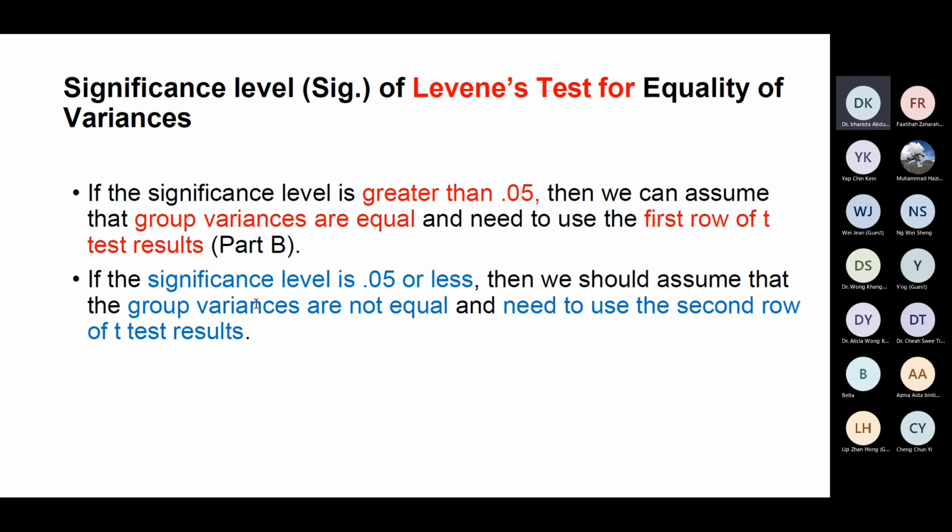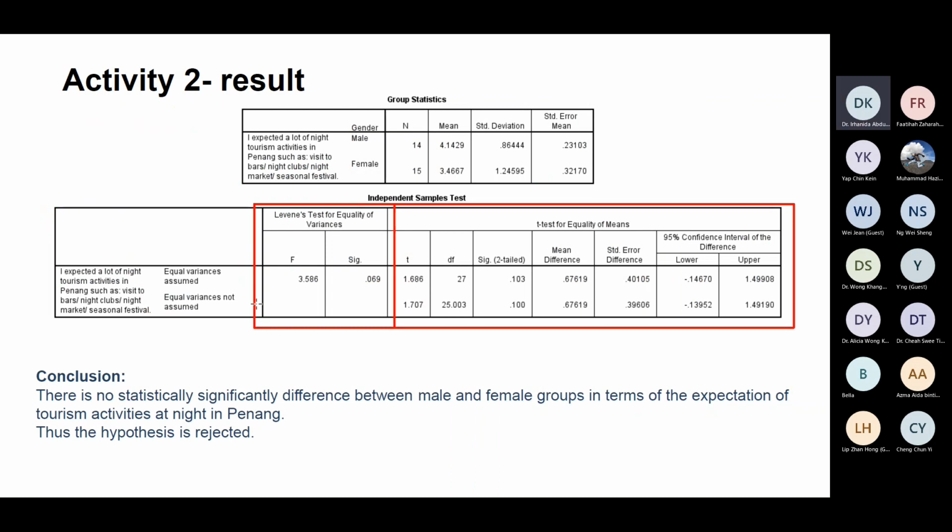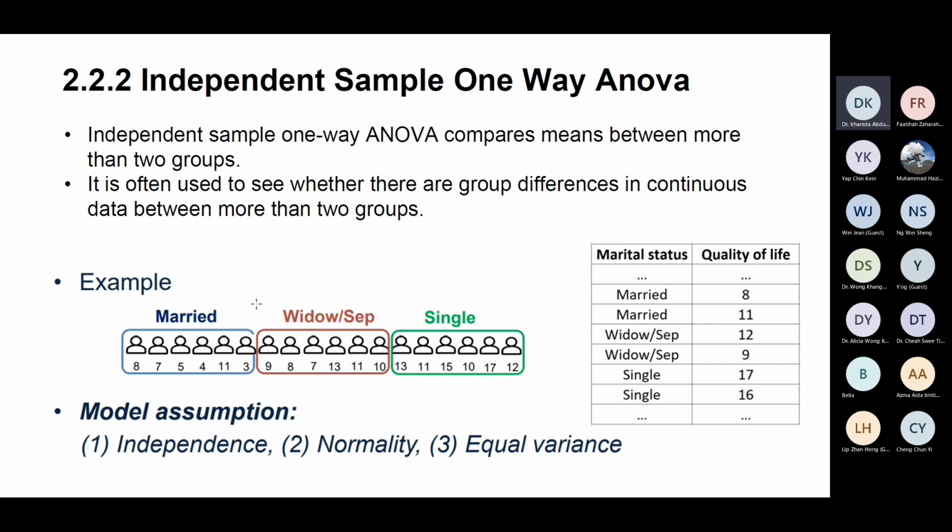But let's say you have three groups from different departments, but still the English subject. You teach English for SHTCA, for the computing school, for the engineering school. So now you have more than two groups. You can use independent sample one-way ANOVA to see whether the first group performs better than the second group or the third group. If I want to use very simple layman's words, that is the time where we use independent sample one-way ANOVA.